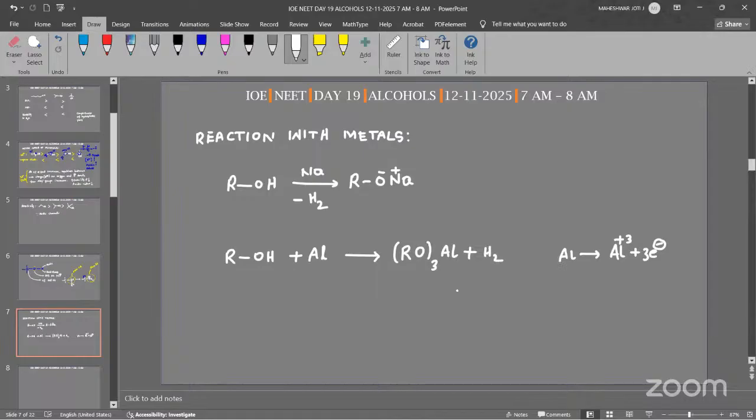For example, in the place of alkyl group, if we take methyl, if R is CH3, what is the product? CH3O taken thrice with aluminium. So aluminium methoxide. If R is isopropyl, right? Here,